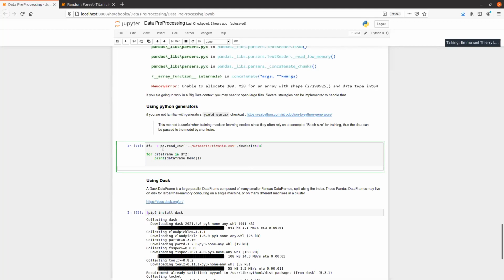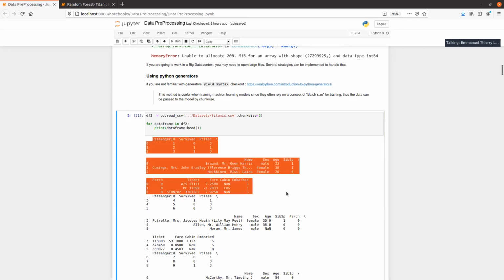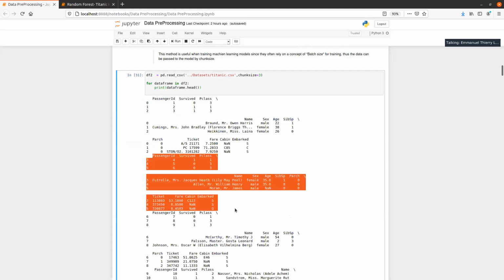You just do pd.read_csv, and then you add a chunk size of the number of rows that you want, and then it will read in blocks of three rows of the dataset. If I already ran that command, as you can see, now it's reading this dataset 3 rows by 3 rows. Here it can't print that, so it jumps line, but this is the next read. And since I printed, it's queuing it here.